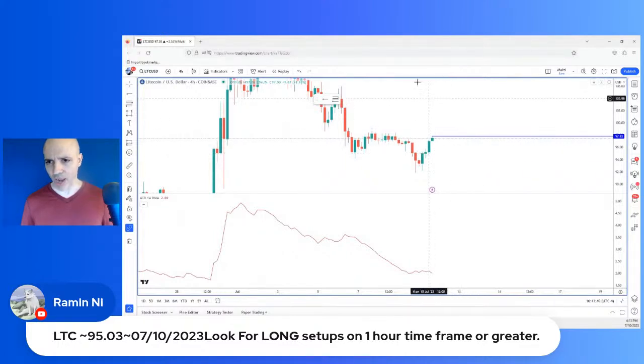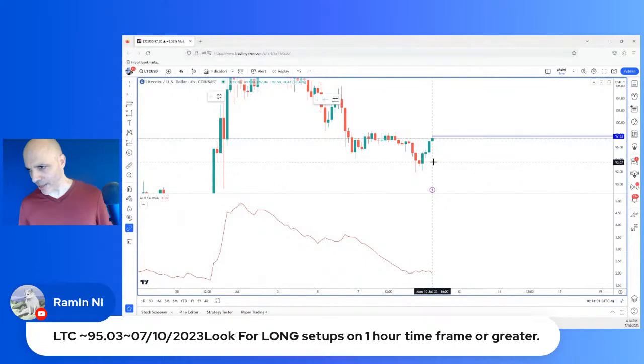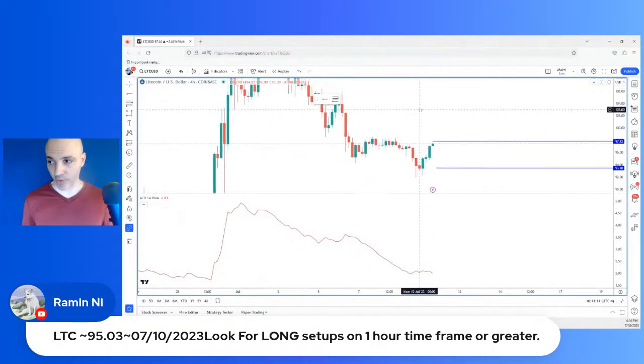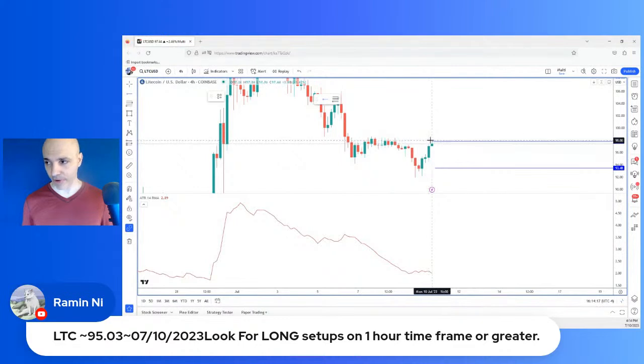So the ATR is $2. Step one, I multiply that times 2. So 2 times 2 is 4. So my risk is $4. So I subtract $4 from 97.40. Let's just say 97.50, to make the numbers easier. So that puts me at 93.50. So my stop should be around here, based on that. Keep in mind, the scanner actually called a better price, but based on this, that's where we're going to put the stop.